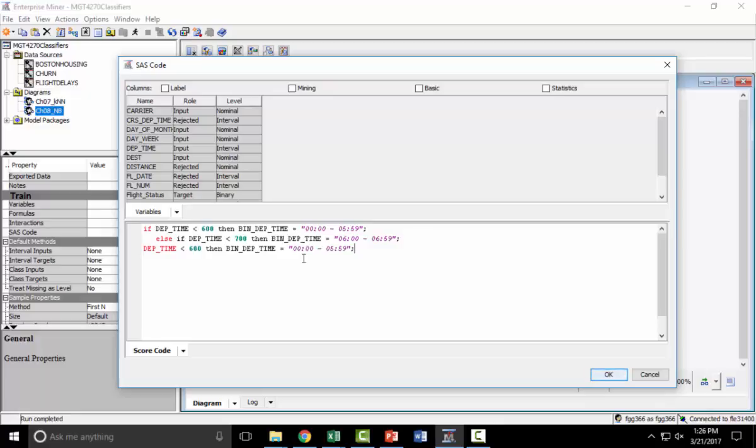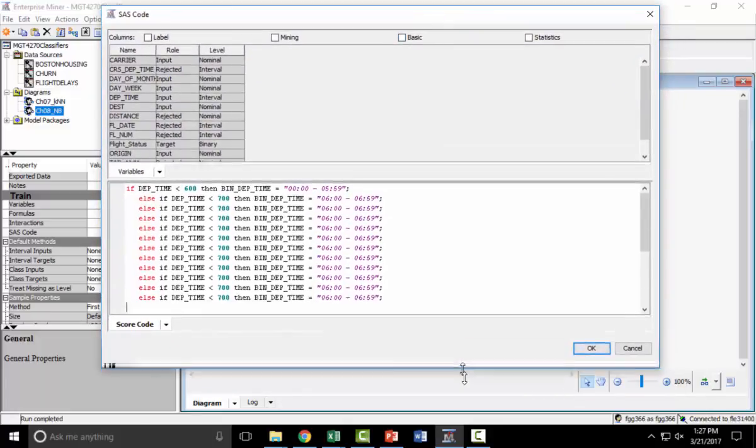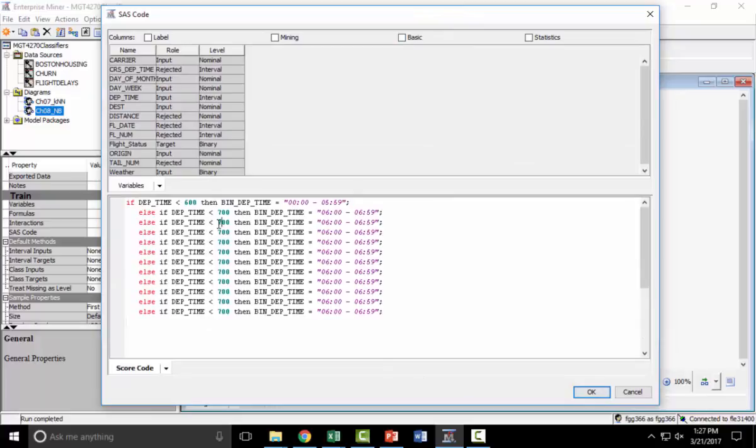And then, well, now let's copy the else part and do several of these. And we're going to have to go and change this 700 to 800, 900, then 1000,